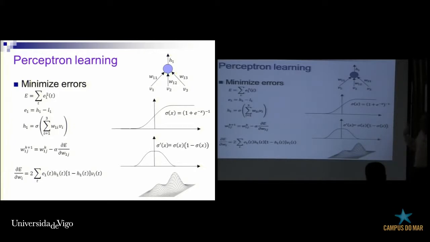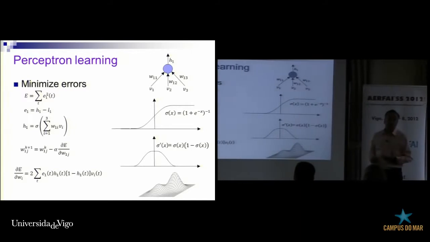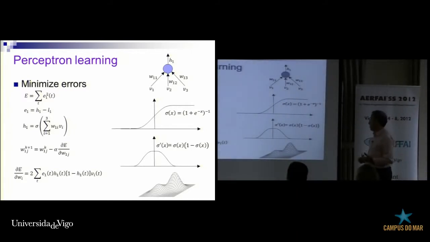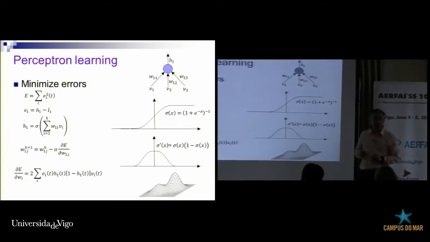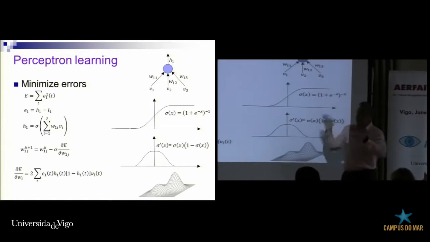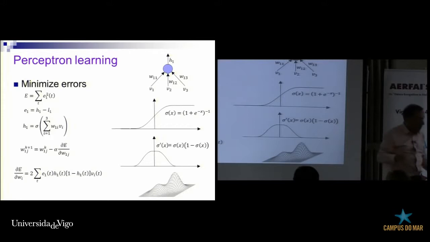Another problem to consider here is that this function will have many optima in general. In this particular case, I have just 2. So if you start at some point here, it will hopefully converge to this, but not to this. This is another way of saying that the perceptron algorithm is only going to find a local optimum. It's not guaranteed to find a global optimum. This is a simplification. In general, there will be lots of optima, maxima in the function. The vector will be very large. So this is definitely going to happen. But this worked pretty well